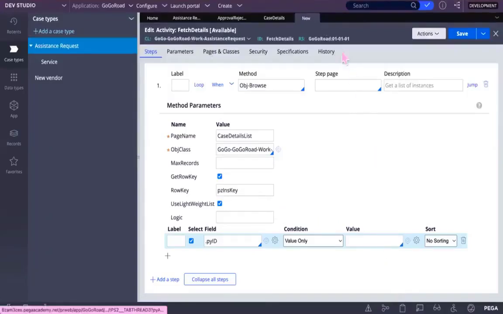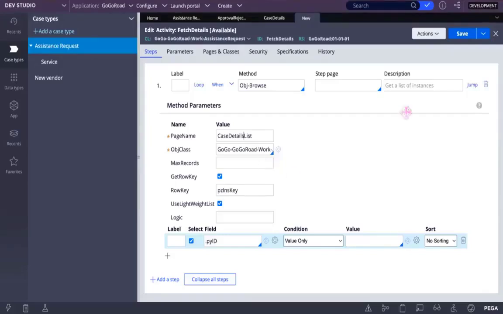We have to specify on which page to store the results. That page is nothing but case details list. Page name, you have given case details list.